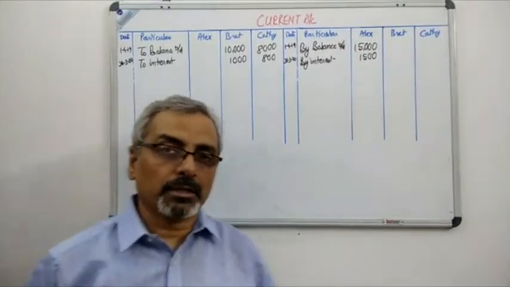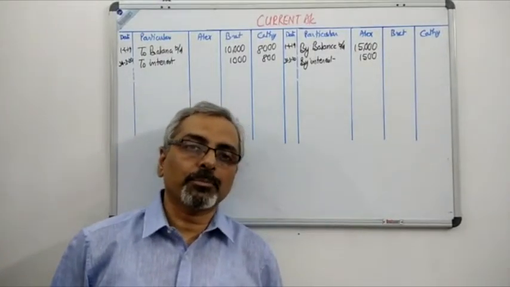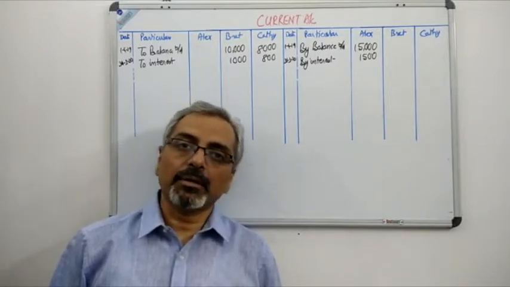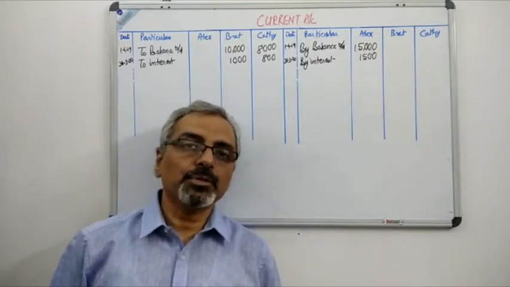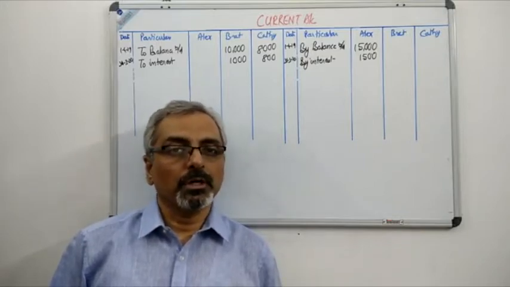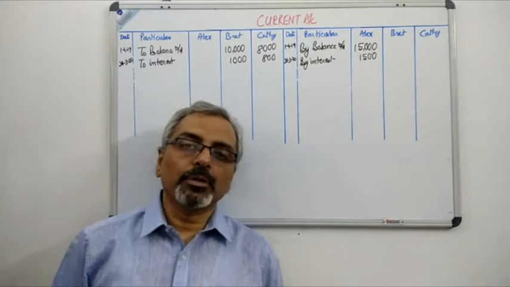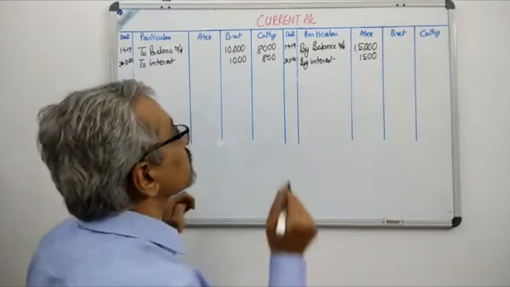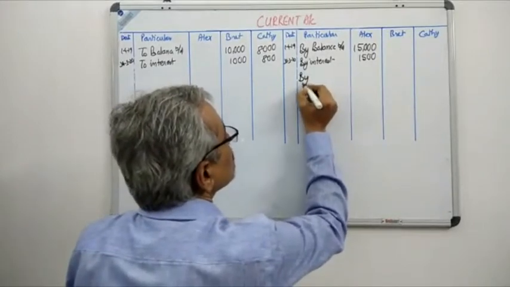Now if you recollect the figures in the profit and loss appropriation account, we had the interest on capital, we had salary to one of the partners, and we had commission to two of the partners. So let us do those entries over here in the credit side, and then we'll come to the drawings and interest on drawings, which will be done in the debit side. So sir, let us start with